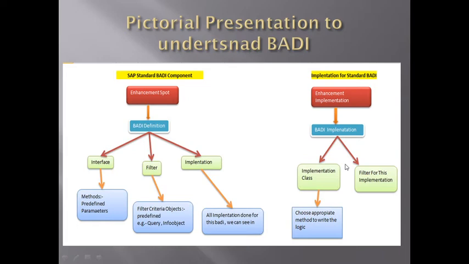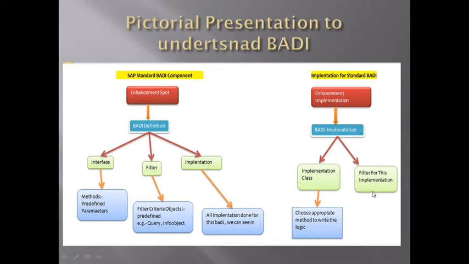You have to give the implementation class name. Here you can capture the class, like the sample class SAP has created. We can copy that class and get a sample code here. In that class we will get these methods. Basically these methods are integrated with this interface.